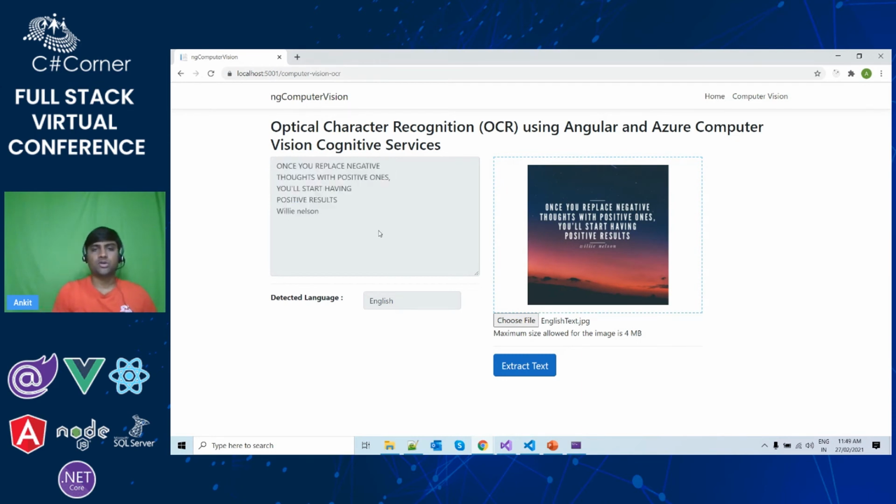Now there are a few important points to note over here. First point is, if you see the text and the text on the image, they are exact replicas, which means there are a few words which are in uppercase and a few words which are in lowercase. So it has detected the text in exact same manner. This is very important to note.